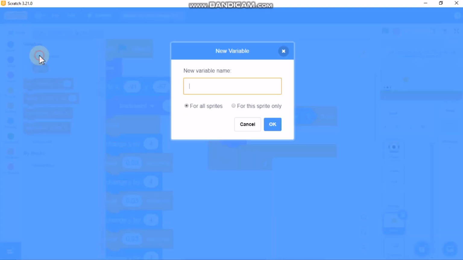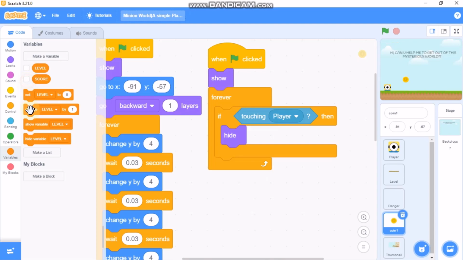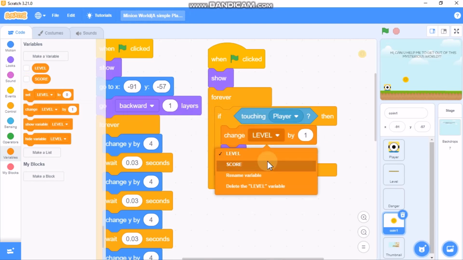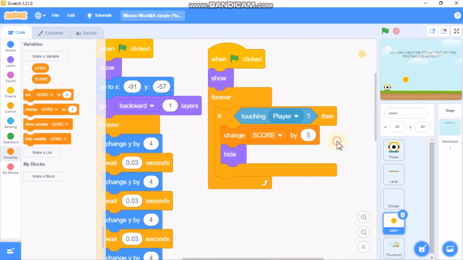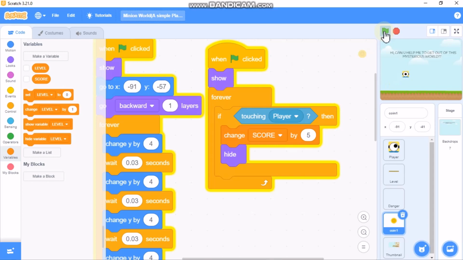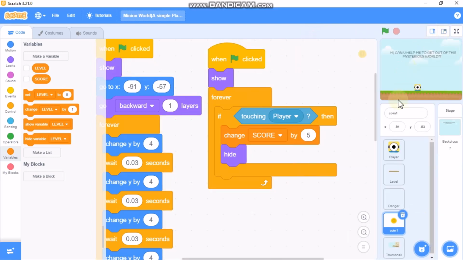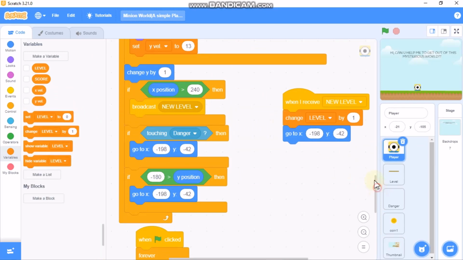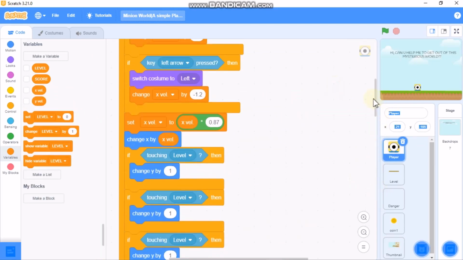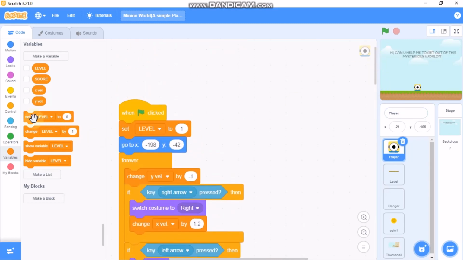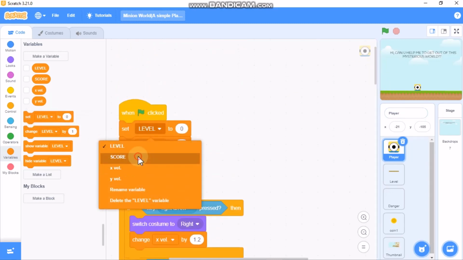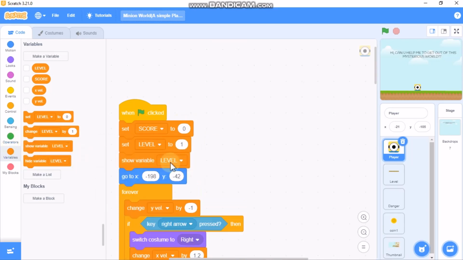and let's make a new variable called score, and we change our score by 1, then we need to hide. So now you can see when our player collects the coin, our coin hides. So click on player, and when green flag clicked, we need to set score to 0, and then we need to show variable score,